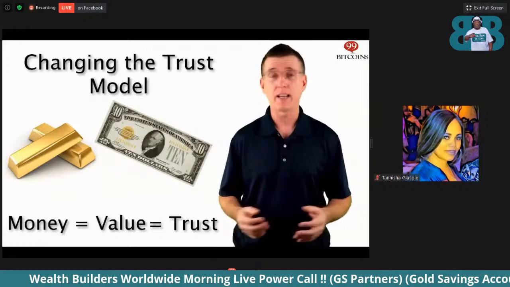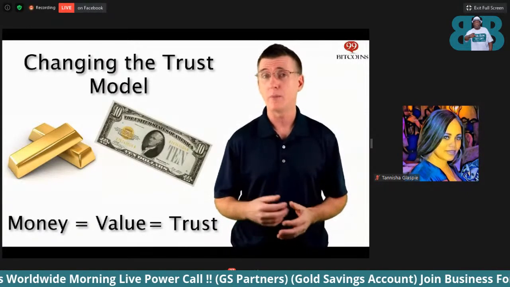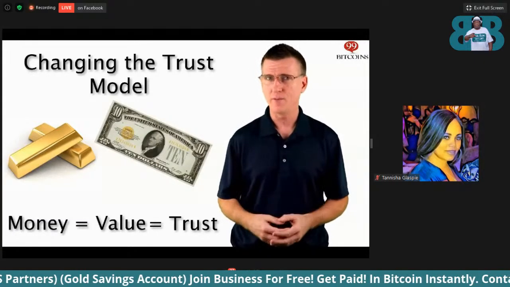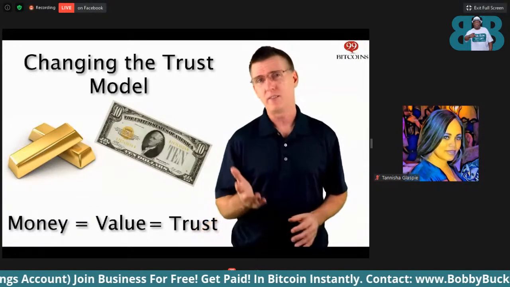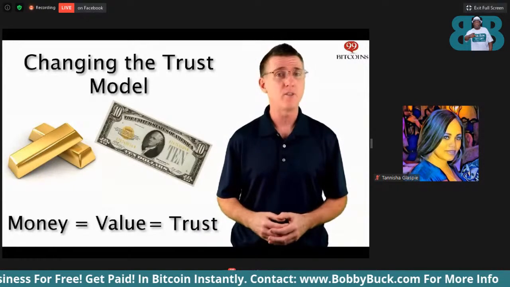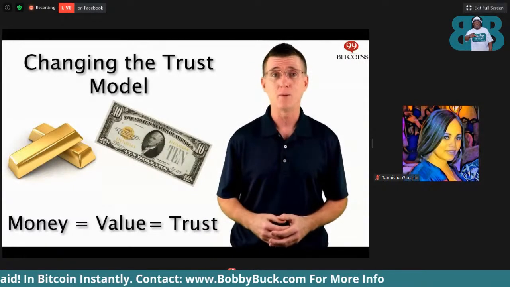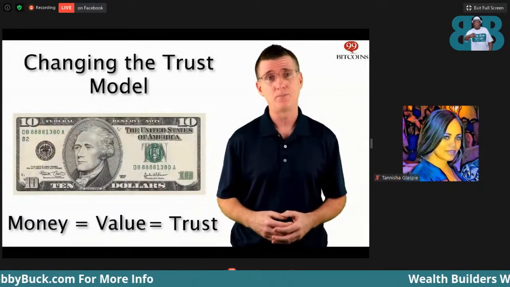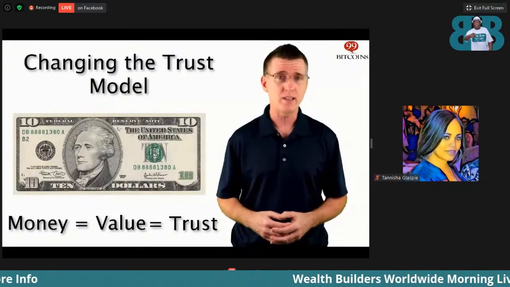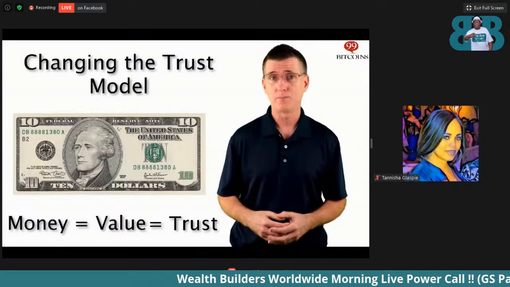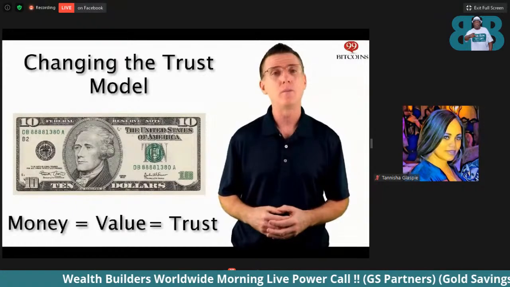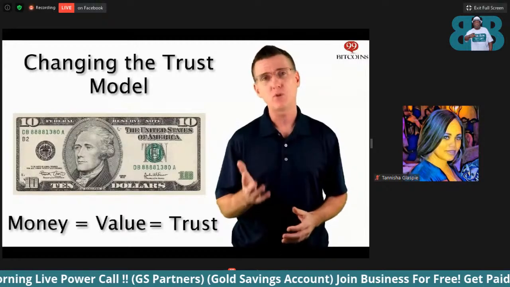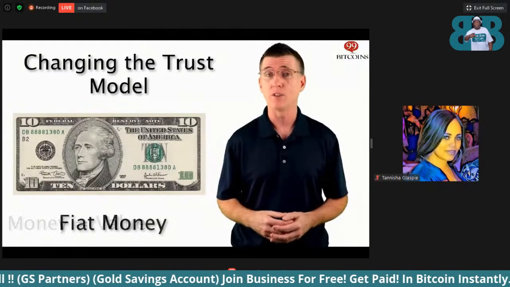However, as time progressed and due to macroeconomic changes, this bond between the paper receipt and the gold it stands for was broken. Now, to explain the path that led us away from the gold standard is extremely complex, but suffice to say that governments told their people that the government itself would be liable for the value of that paper money. Basically, we all said, let's just forget about gold and trade paper instead. So people continued to trade with receipts that are backed by nothing but the government's promise. And why did that continue to work? Well, because of trust. Even though there is no actual commodity backing paper money, people trusted the government, and that's how fiat money was created.